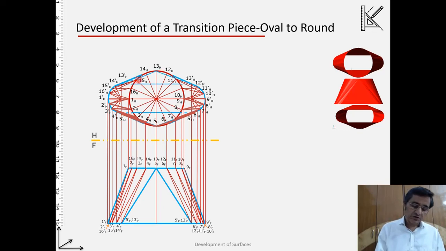Corresponding to these, we have also given the points on the bottom oval. Now this is the bottom one. You see the edge view of the bottom surface, oval-shaped, and here also corresponding to these: 1, 2, 3, 4, 5, and in this case we are seeing 5 here also, 5 here also, and then 6, 7, 8, 9, 10, 11, 12, 13 here, then 13 here, 14, 15, 16, and so on.